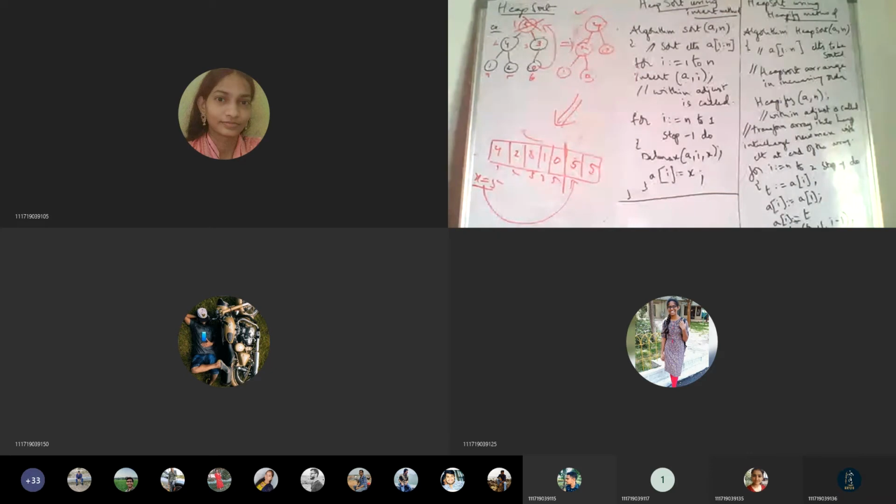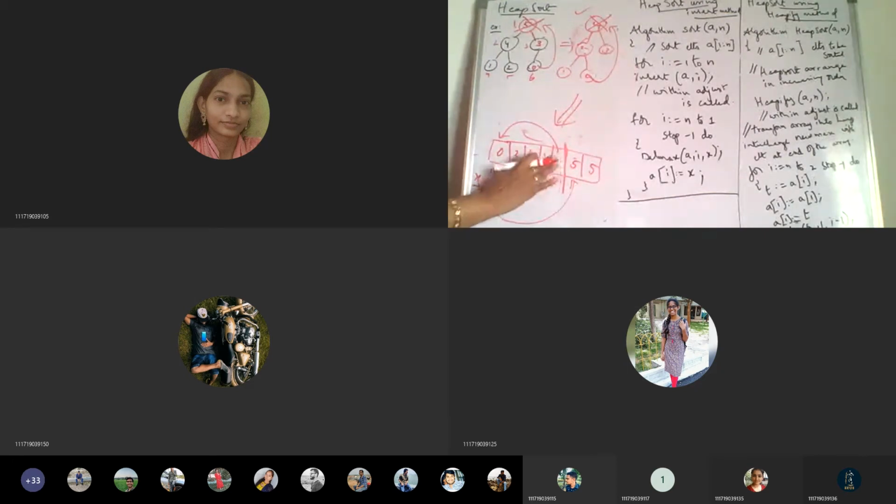So now what do we have to do? Again delete the maximum, and the last element will occupy the root node. When you are deleting the maximum, that will be stored into some variable, and this place will be occupied by the last element. So whatever is deleted, 0 will occupy here.